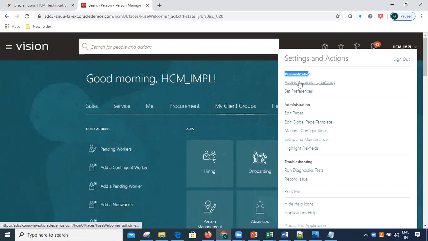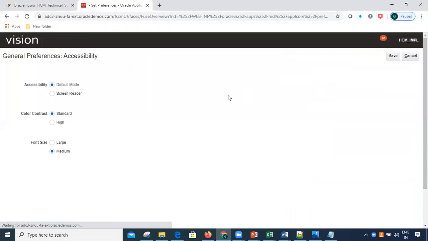If I go to accessibility settings, I can see basic functionalities, like in our mobile handset also, how the screen should be, default mode or screen reader, meaning enlarging of the screen. How the color contrast should be for the application, standard or high, and how the font size should be, large or medium.